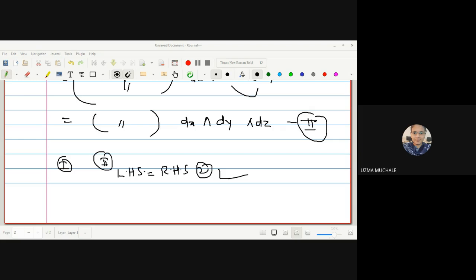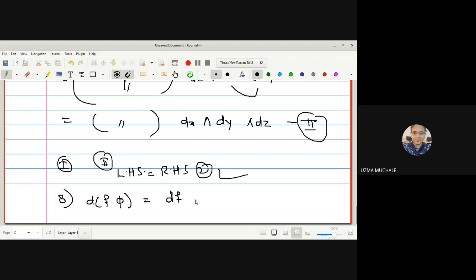Any doubt for this one? No, ma'am. Okay, if not, you can solve the third property if you have written that. Let me write down the third property, and you have to do it as homework. It is easy to do. As we have done the second property, you can apply it, because while solving the second property we made use of the first property. So whenever you want to solve the third property, you can use the first and second property to prove the result.